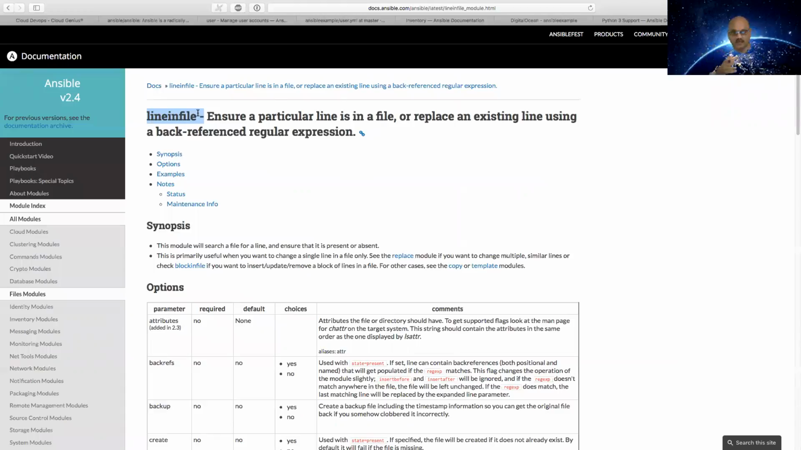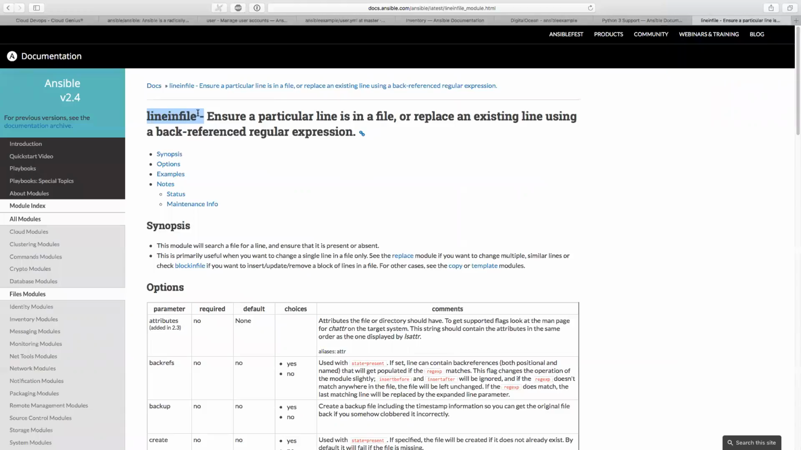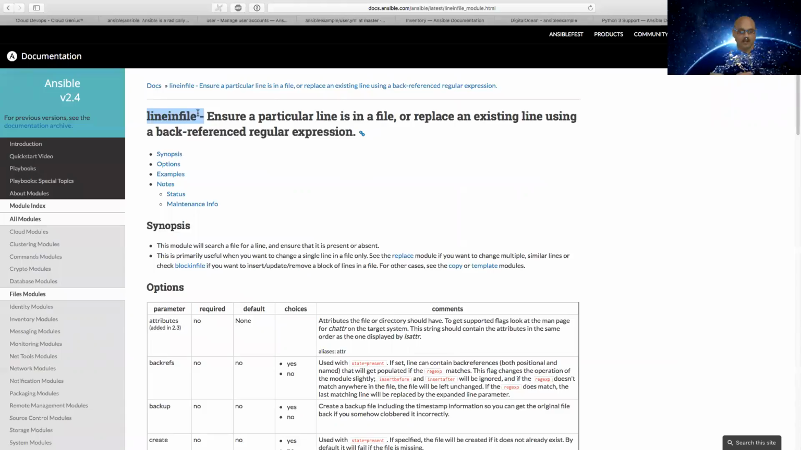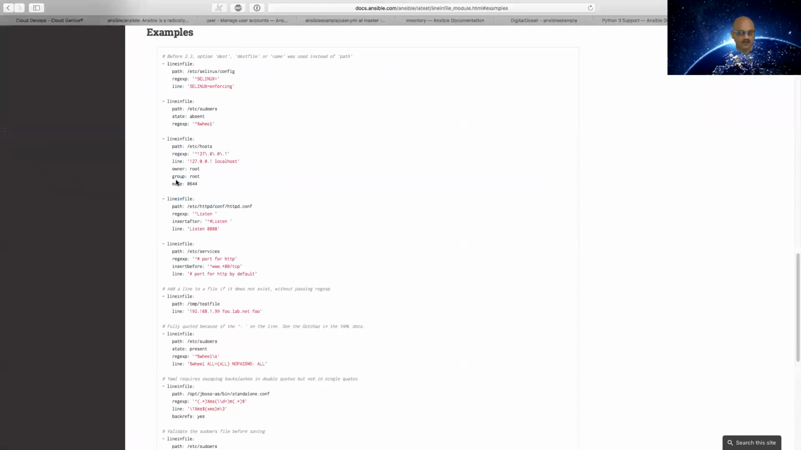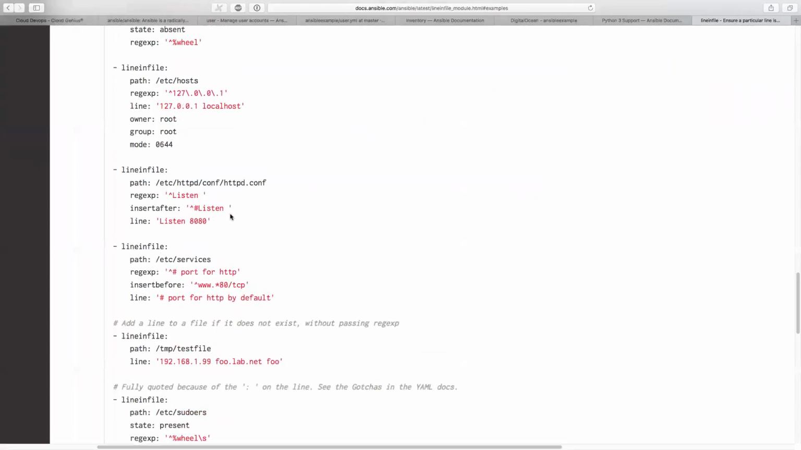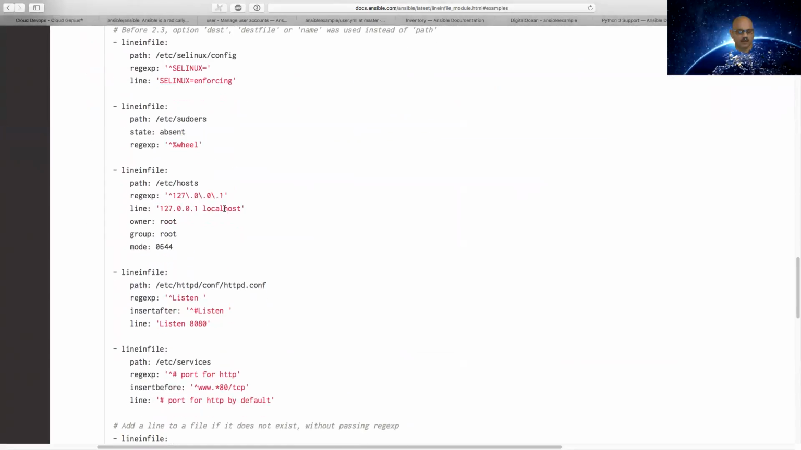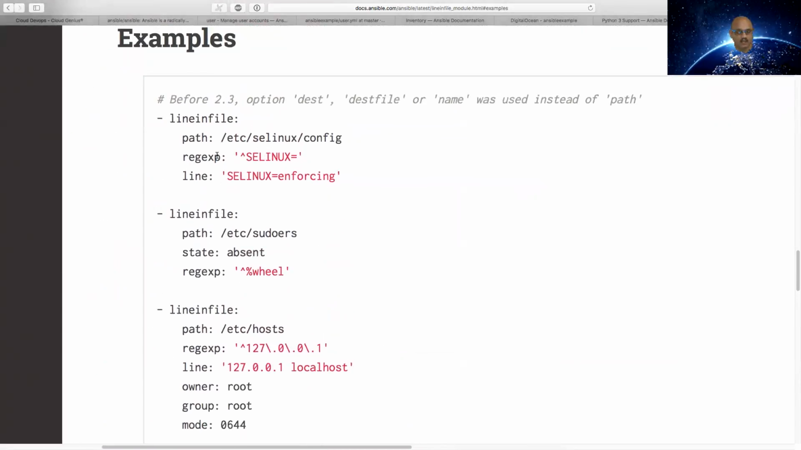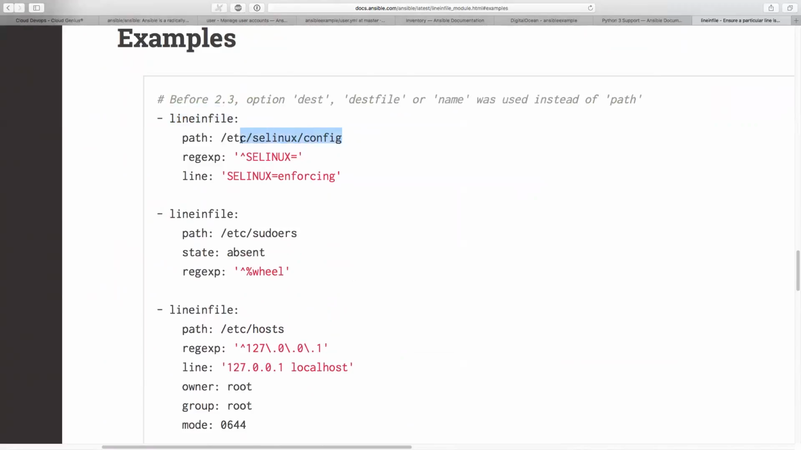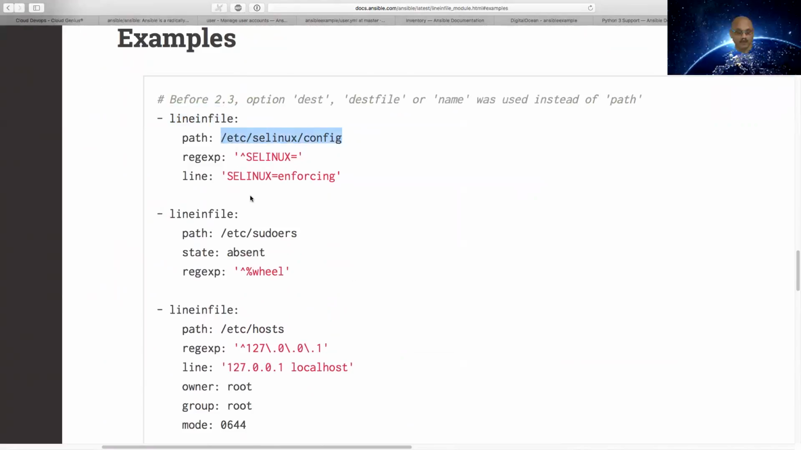That's the kind of thing that we need to be able to do in the scenario that you're looking at, using the lineinfile module. That's the idea. Now let's look at some examples provided here. Click examples. Very, very beautifully written documentation, by the way. I really like it. The examples are very clearly given. So lineinfile: which file? In this file, I want you to change something that used to be like this,